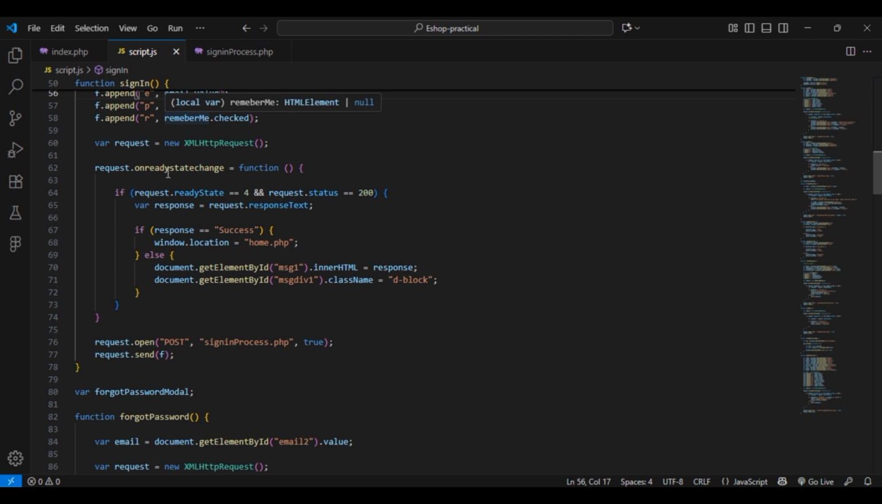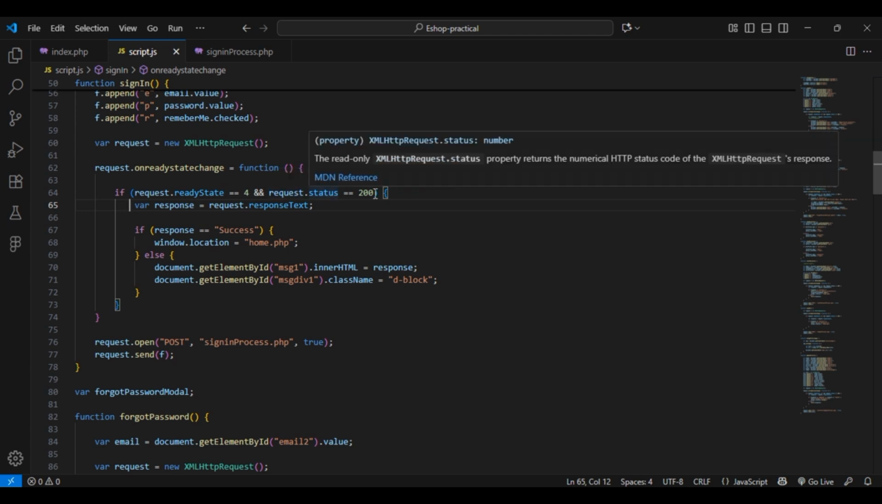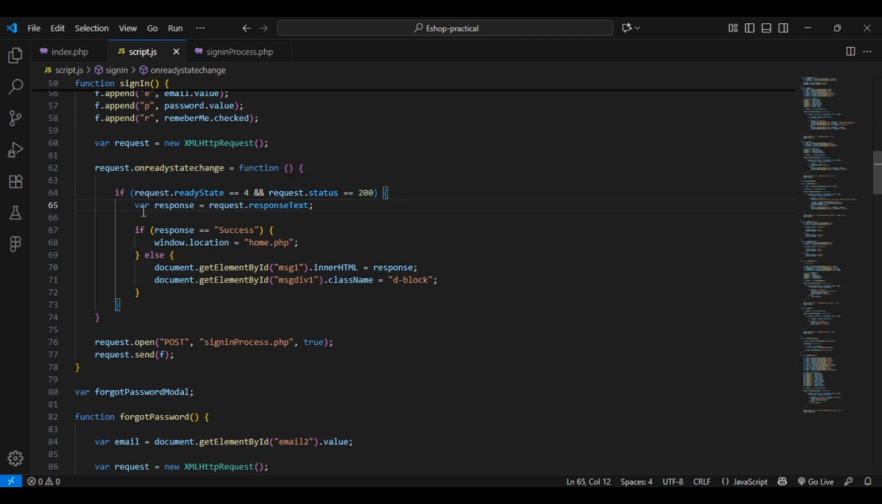and then I have declared it to a variable named request, and then request.onreadystatechange, and I have assigned an anonymous function. Inside that I have used an if condition. Here inside the condition, if the request ready state is equal to 4 and request status is equal to 200, it should do these